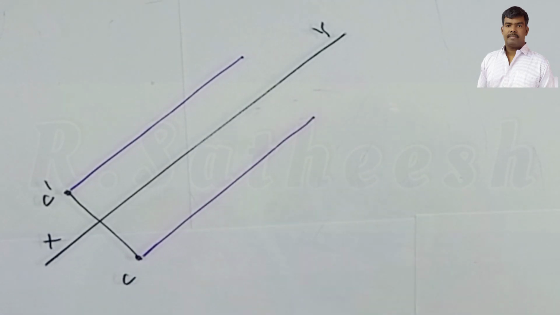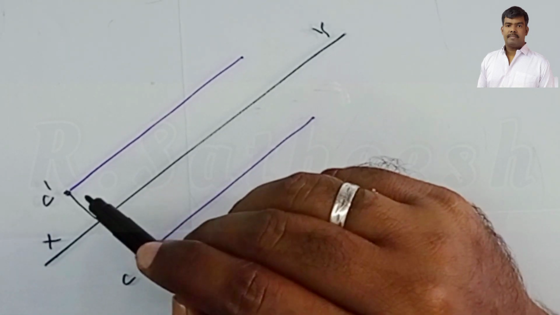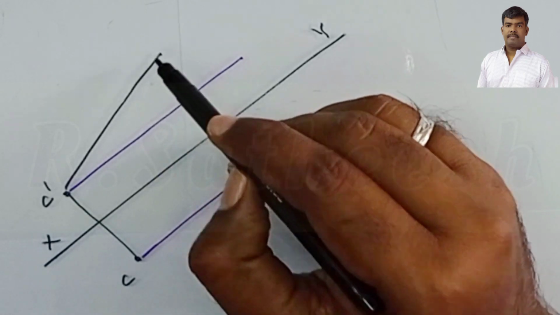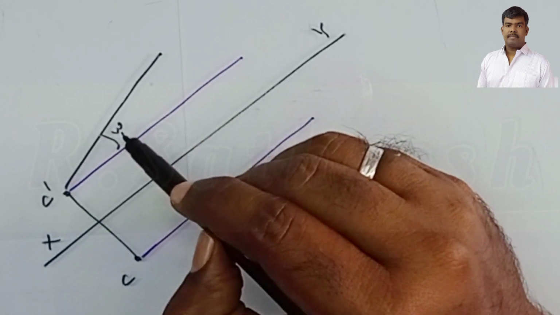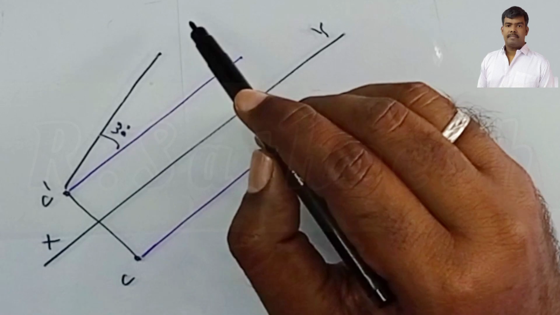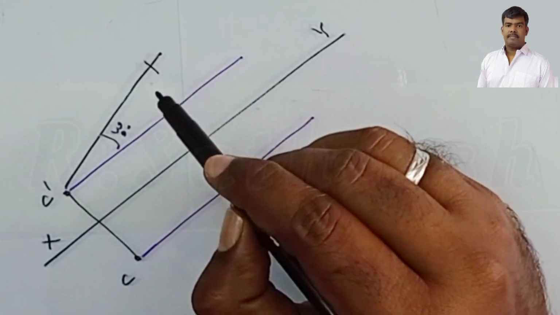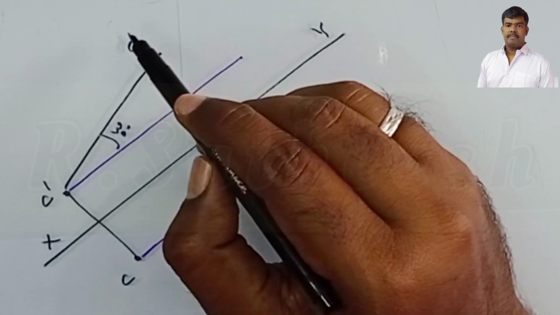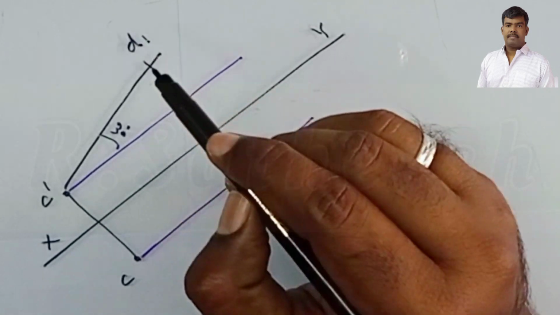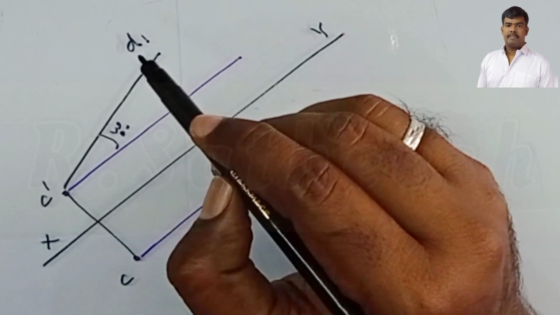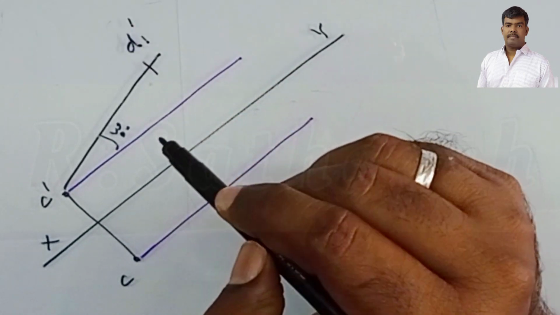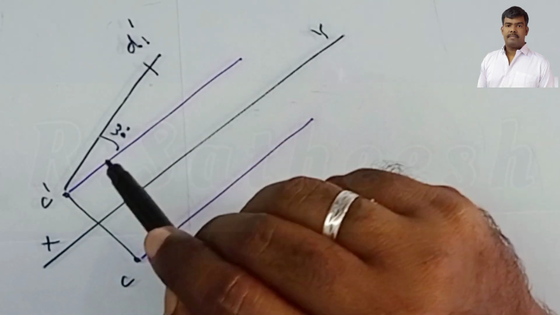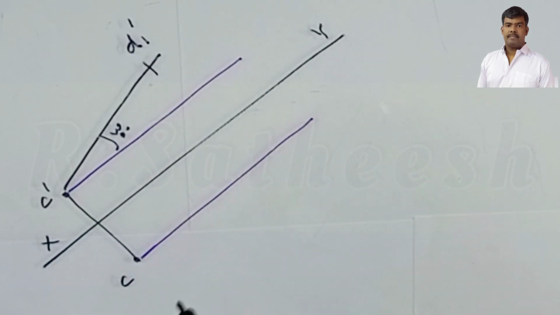After that you draw the CD line of 80 mm. It makes an angle of 30 degrees to HP. With the help of a protractor, use the 30 degree line, and on that line you mark 80 mm. So this is D, another end D, but it's not the final end because it is the first inclination, first angle. So D1 dash, front view. So C dash to D1 dash, the distance is 80 mm and it makes an angle of 30 degrees to HP.